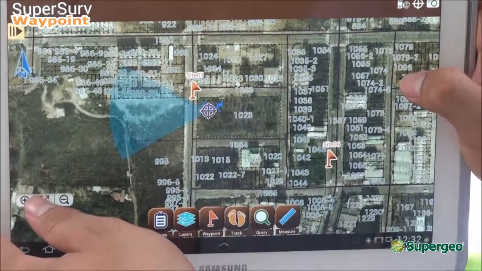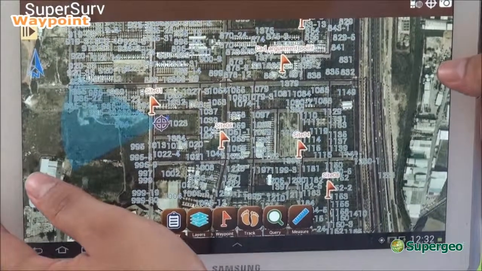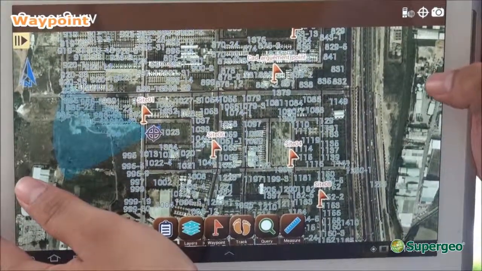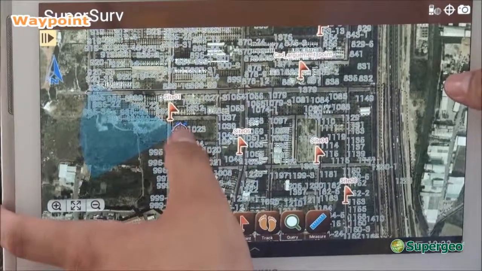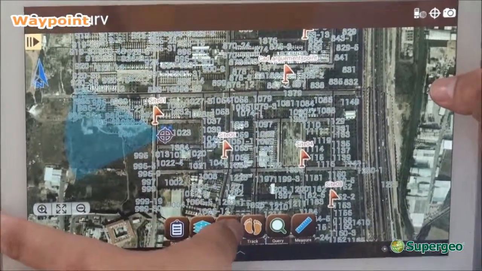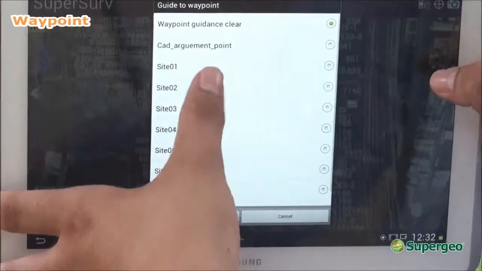and jump to the file extent. Wait a bit. Okay. Now you can see that all the waypoints have been shown on the screen. And if you want to move around, it shows you where you are and the different waypoints. And if you want to be guided, you can simply use the guide tool here to select between different waypoints, like